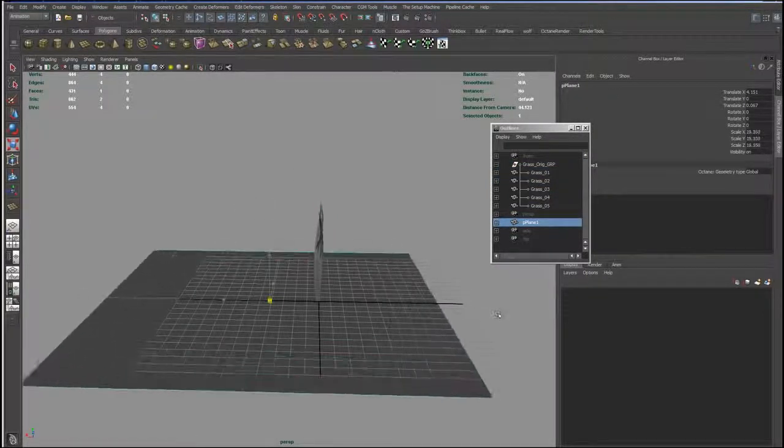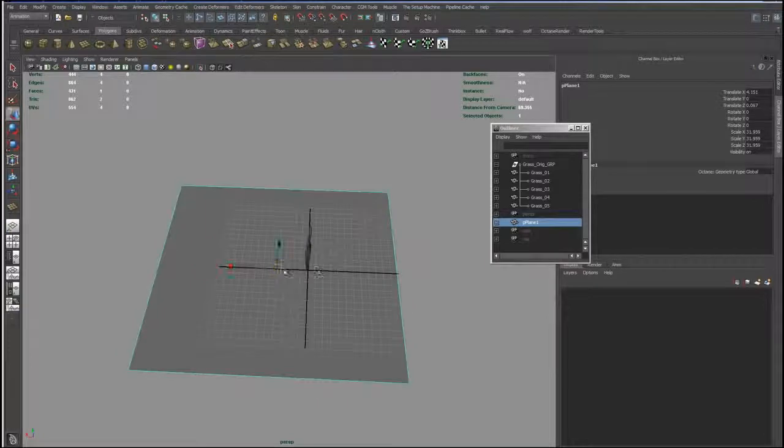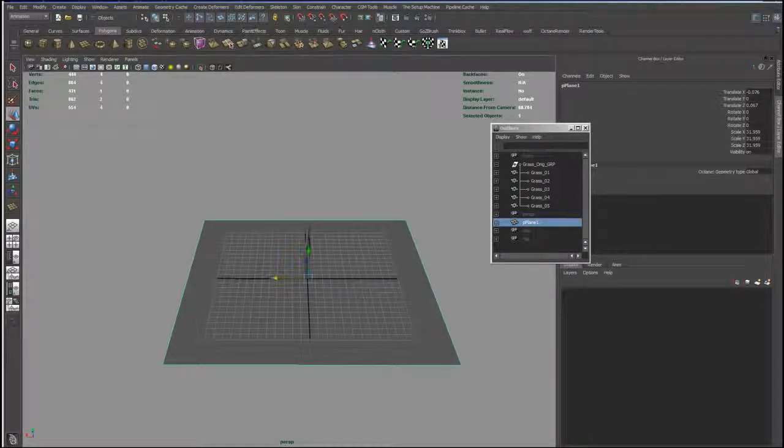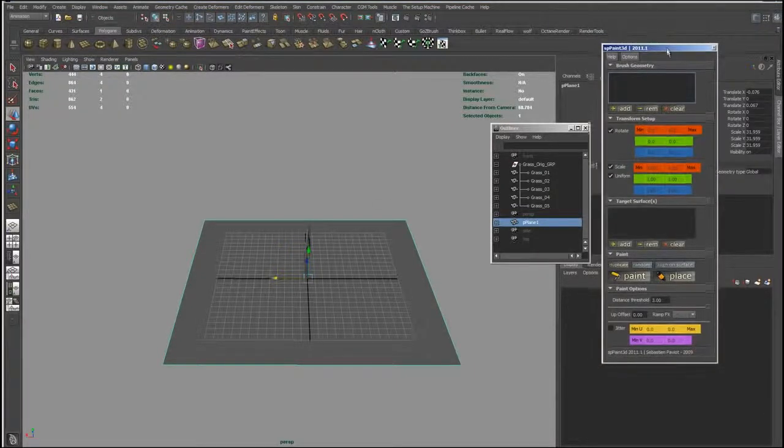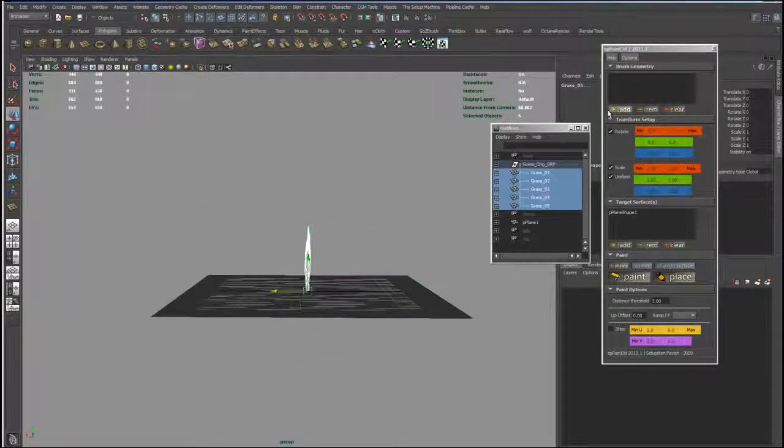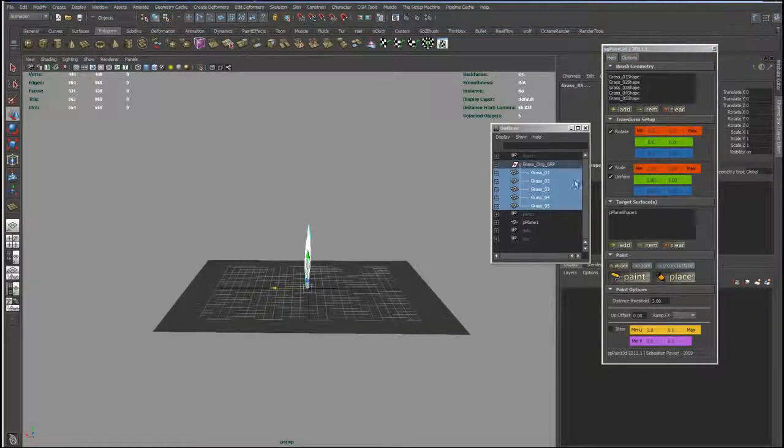I'm going to go ahead and create a ground plane to use as my base for painting the grass onto. So I want to make it about the size that I'm interested in painting it. Now we're going to paint a single patch of grass and then use that to paint larger areas of grass using V-Ray proxies. So here I've opened SP Paint 3D, a script that you can find in Creative Crash, and